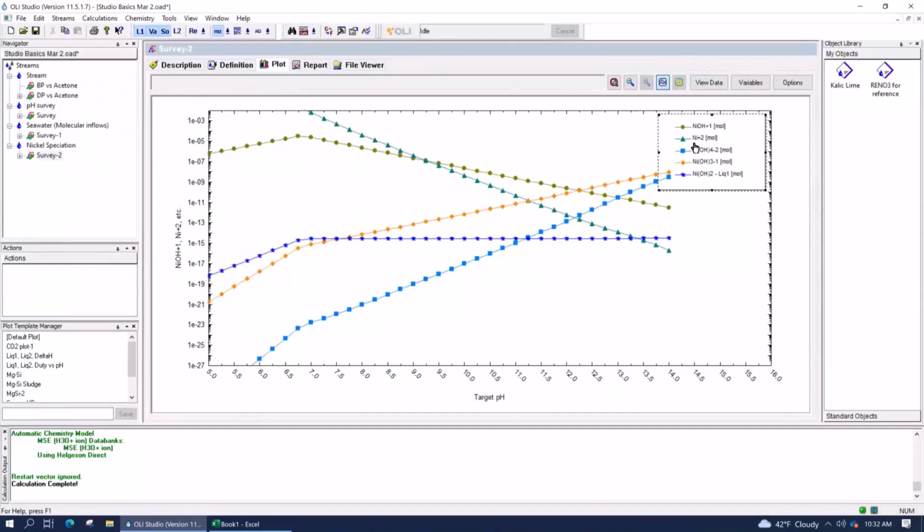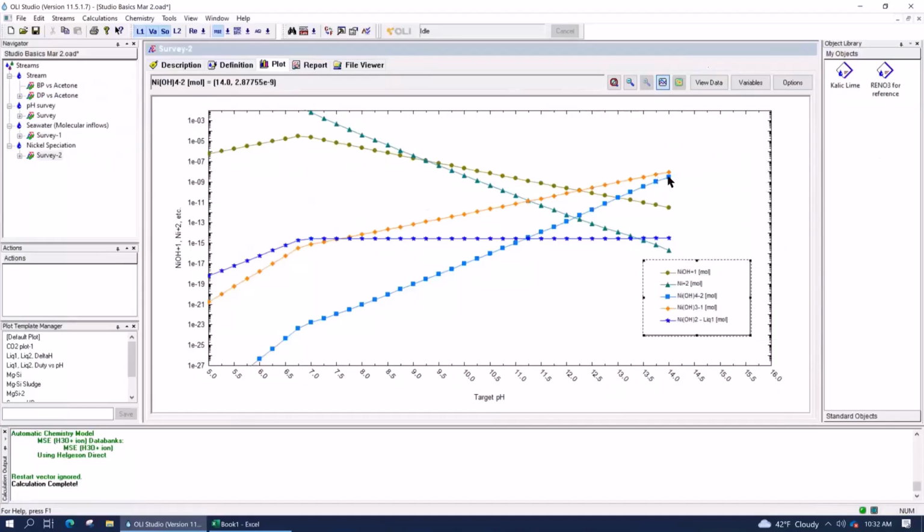And then lastly, at very high pHs, you have nickel that's coordinated with 4 hydroxides and then surrounded by 2 more waters. So as you increase the pH, as the hydroxide concentration in the water increases, nickel, being a transition metal, coordinates with that hydroxide to form these new ions. At low pHs, since there's no hydroxide present, it's just the free nickel. As I increase the pH, you can see that you've got nickel hydroxide 1, 2, 3,